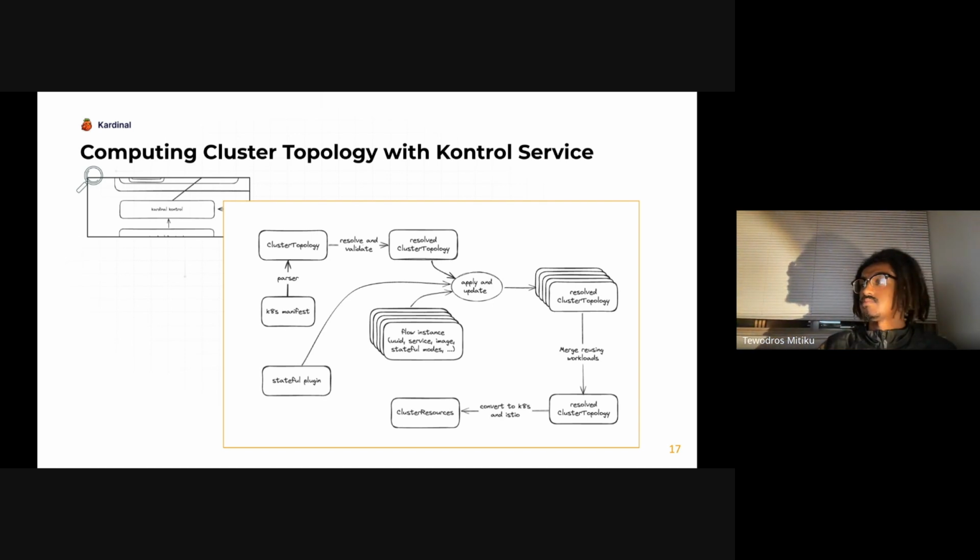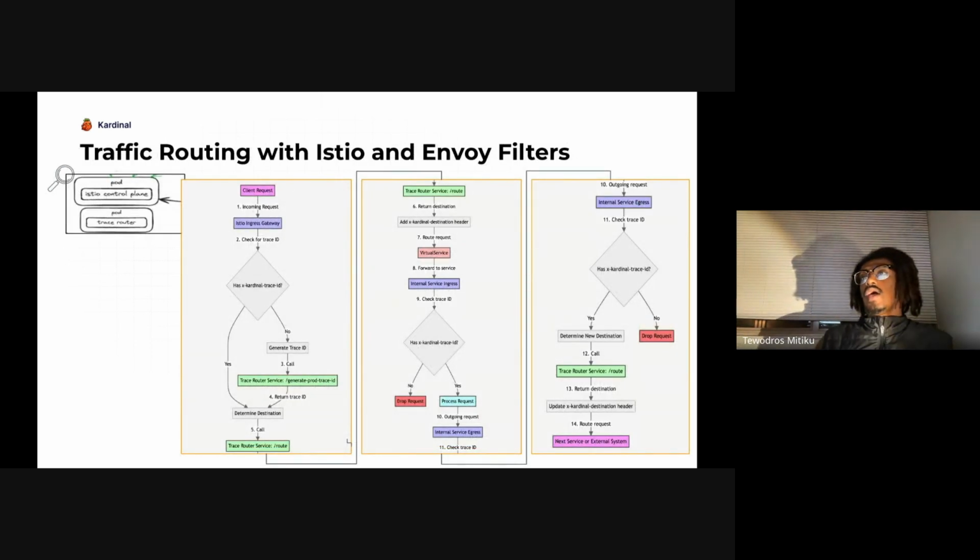Great. And so then let's talk about how traffic is routed within our system. The big thing that I was mentioning earlier is, is there a way where we can reuse the stateless services that can be reused? So if we've got an order service and this order service can be reused across multiple flows, how can we actually reuse that order service? Or if we've got a stateless service that we are testing 3 different versions against, how do we make sure that traffic is being routed correctly to each of those different versions of the stateless services? And so that's where we use Istio and Envoy filters under the hood.